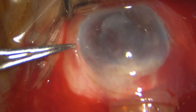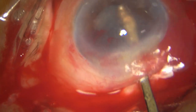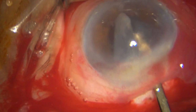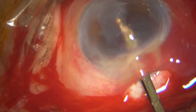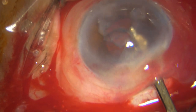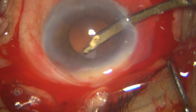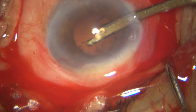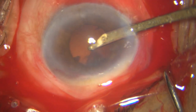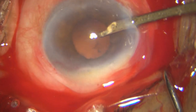Once this nucleus is out, there is some blood that has tracked in, and now the next problem that I have to deal with is that thick cortical sheet which I flip into the AC. These sheets can be so thick. I'm using a lot of aspiration, and that's why you can see that occasional flutter in the AC. I also use the side port to get out the rest of the cortex. Once all the cortex is out,